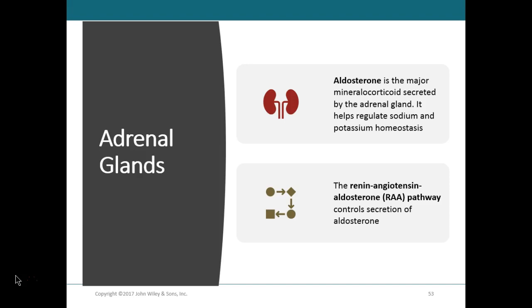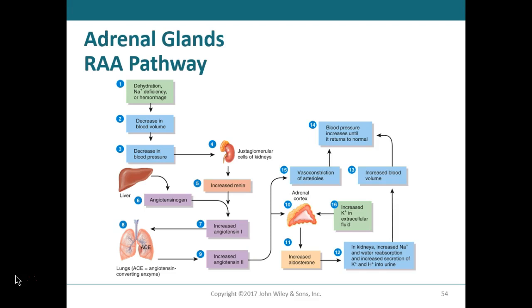So the aldosterone is a part of a pathway that begins with the secretion of renin, the activation of angiotensin, and then the secretion of aldosterone. I'm going to warn you now. Take some time and look over this next little diagram that we're going to look at. It's not that difficult to understand if you follow it through step by step. So here we go. You ready? All right. So let's talk about the RAA, or